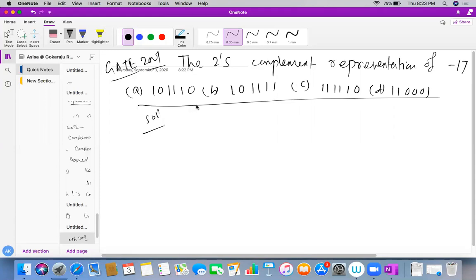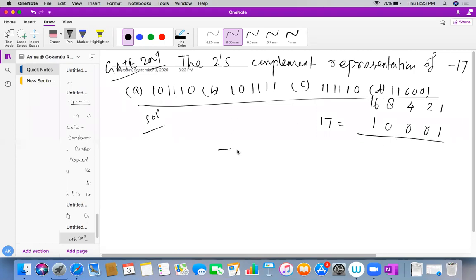The 2s complement representation of -17. Very simple. First, as I told you, take 17 and represent it in actual binary form. 1 2 4 8. Can we make 17 from these or not? No. So we need 16. So this will be 1 1, the others are 0. This is the actual binary form of 17.